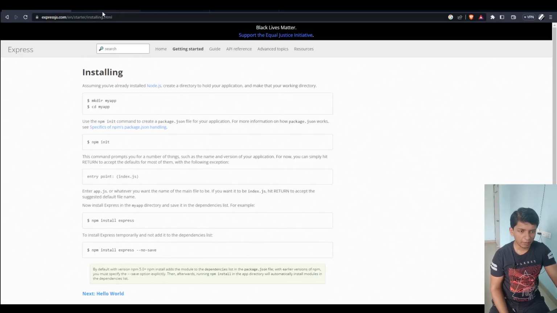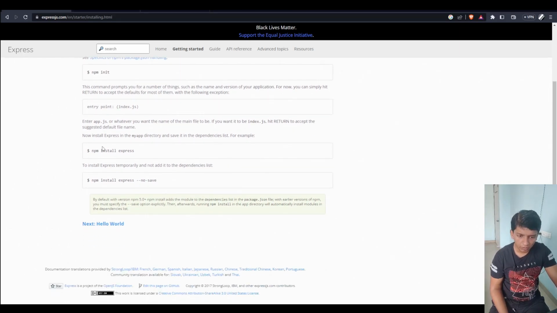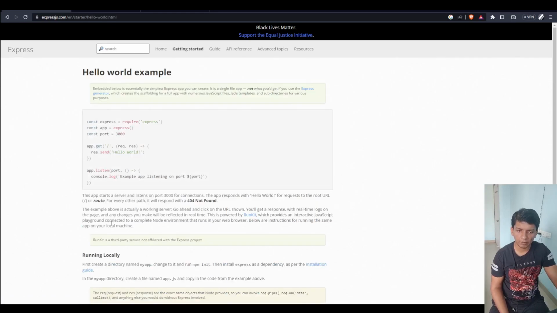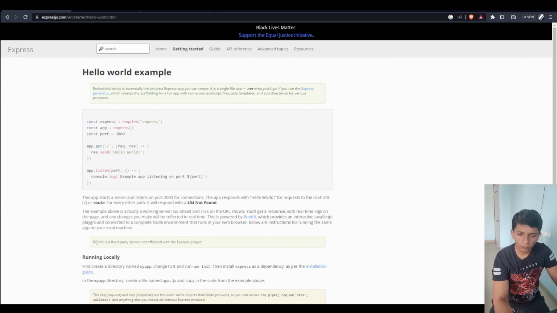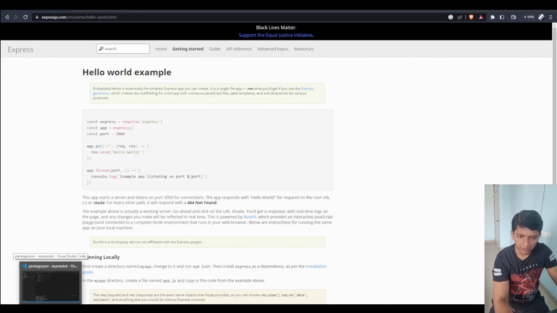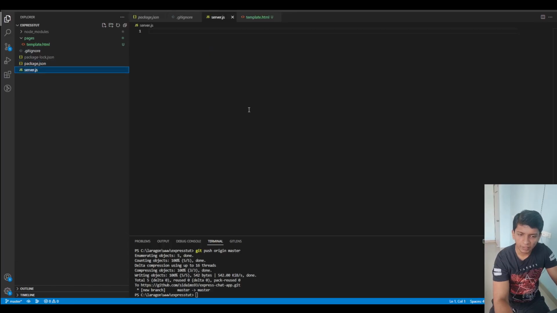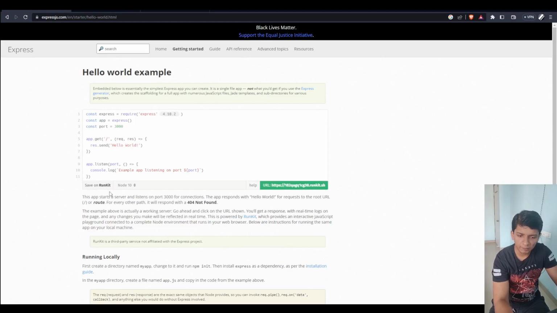Okay, so now that we have our objective out of the way, we can start the project. So npm install express is the first command that we run to have the dependencies in our app. So I have started creating a server.js file, which will be the center point of the app where the execution will start. So we can just copy this much,